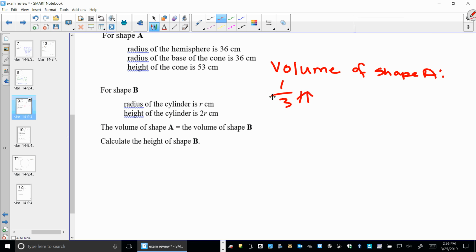So, if you look at your formula sheet, this is what you see for volume of shape A. Volume of shape A is a cone, and that's the formula. Then after you plug everything in, next for calculating,